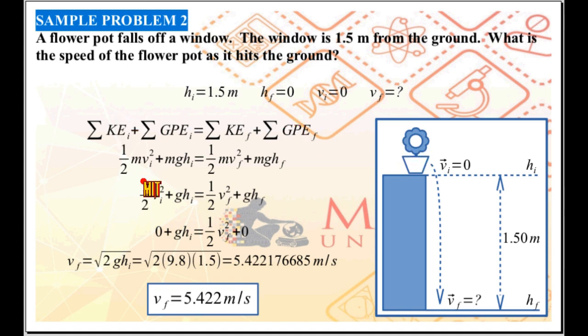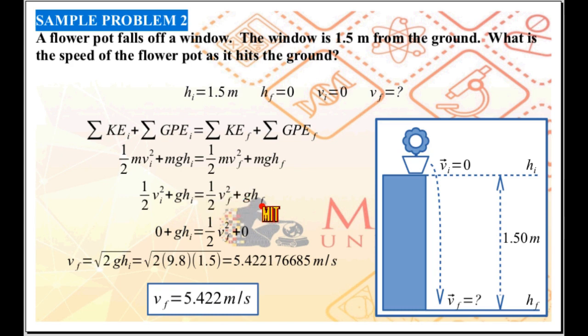Initial kinetic energy of the flower pot, 1/2 m vi squared. Initial gravitational potential energy of the flower pot, m g h initial. And then in the final case, you have the final kinetic energy, 1/2 m vf squared, and final gravitational potential energy, m g h final. Common variable m, we can cancel out m, leaving us with 1/2 vi squared plus g h initial equals 1/2 vf